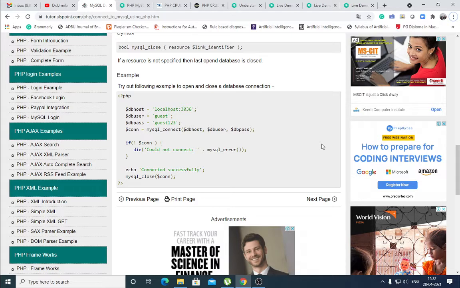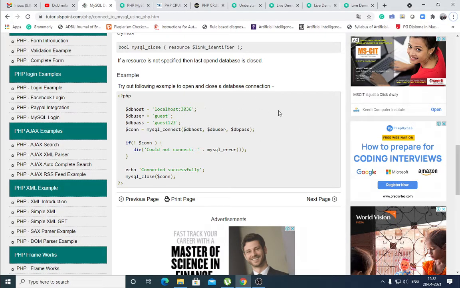I hope you understood all the previous lectures. I already explained JDBC, MySQL and CRUD operations in the previous lecture. If you understood JDBC and MySQL, then it is very easy to connect PHP with MySQL. If you understood one language, then the same process applies, only the syntax is different.